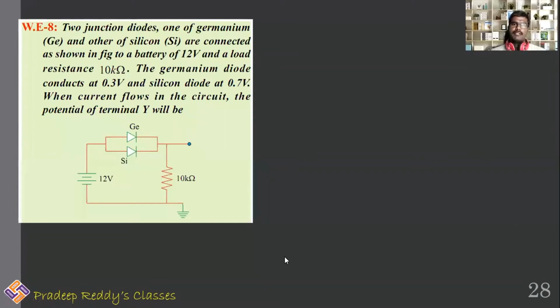Students, we have already discussed the working of a junction diode in forward bias as well as reverse bias. Whenever the junction diode is connected in forward bias, it is plus to minus. In forward bias, for an ideal diode, it is said to be a wire, and this is the switch-on condition.